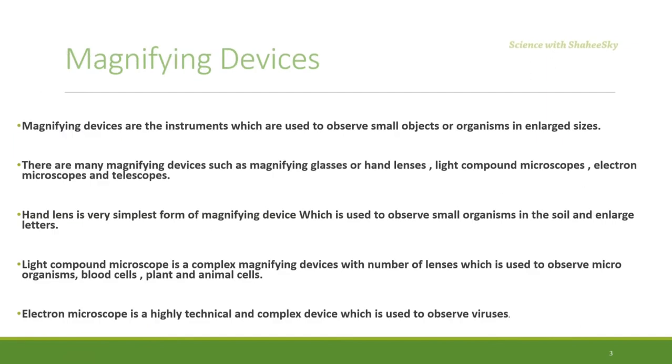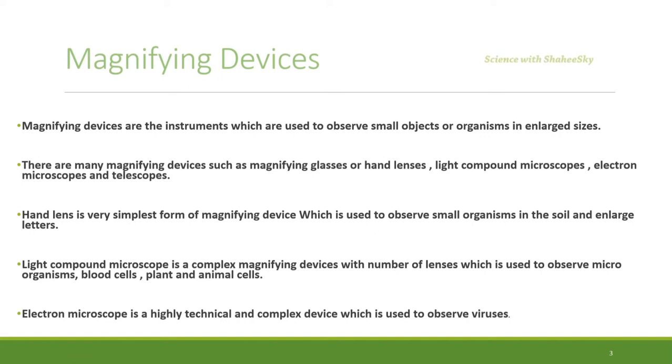Let's move on to magnifying devices. These magnifying devices enlarge the smallest objects into large sizes. In these magnifying devices, lenses are used to magnify the objects. Normally, convex lenses are used in all types of magnifying devices, but in hand lenses only a single convex lens is used. A light compound microscope is a complex magnifying device with a number of lenses, which is used to observe